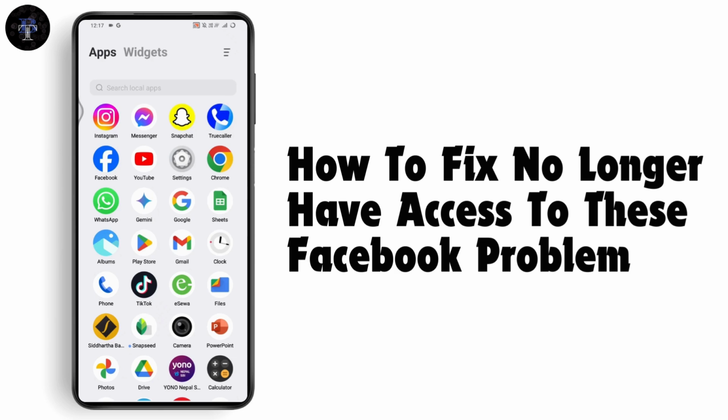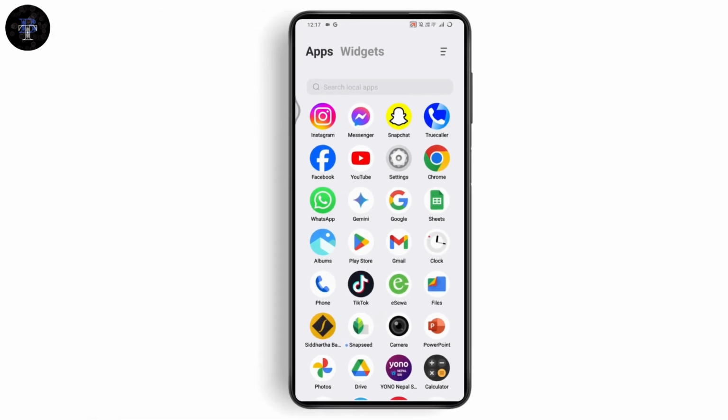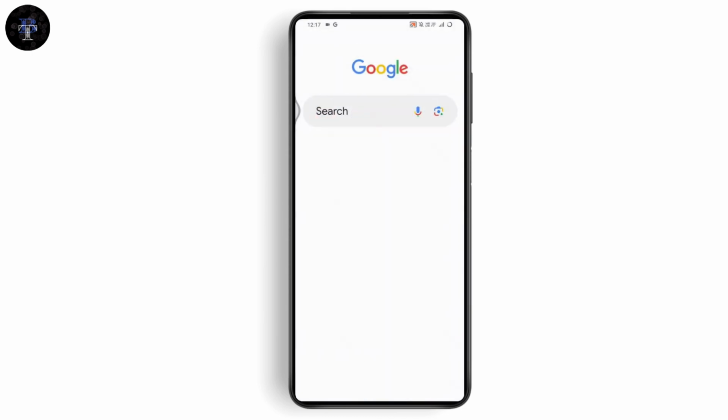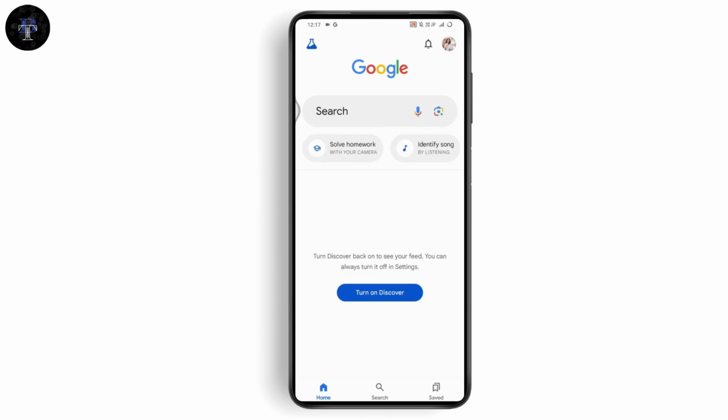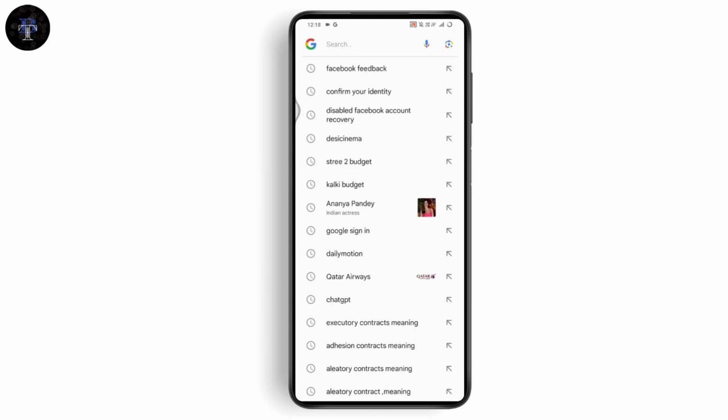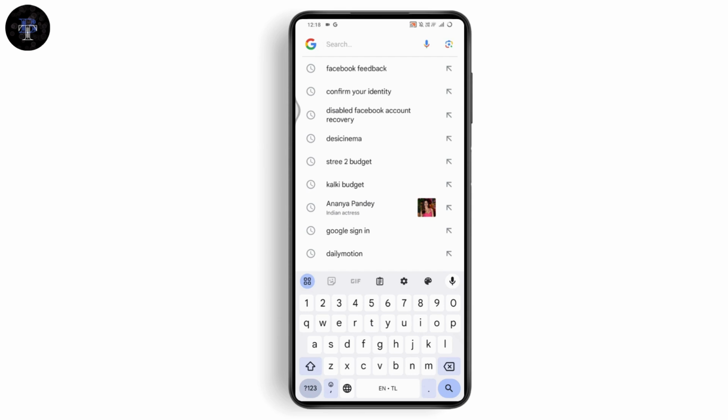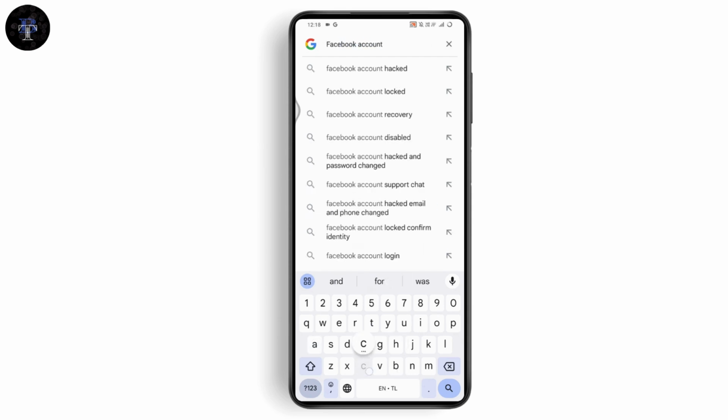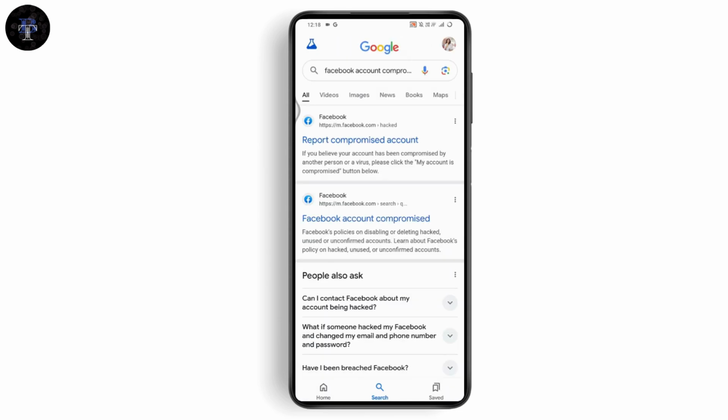How to fix the "no longer have access to these" Facebook problem. So if you want to fix the problem of no longer having access to these, which is your email or your mobile number, then you need to open up your Google or your browser, anything that you're comfortable with, and then go to the search, and under search you need to search for Facebook account compromised, and then tap on